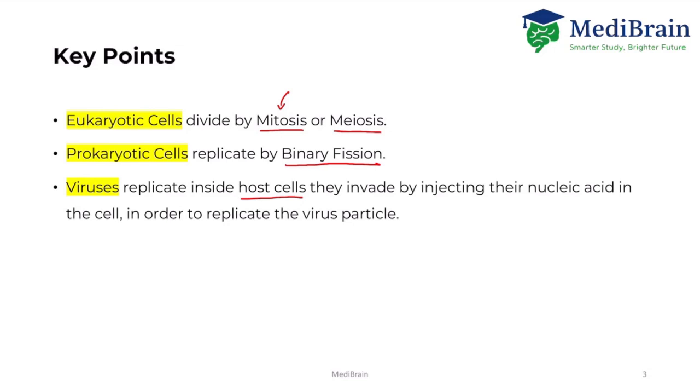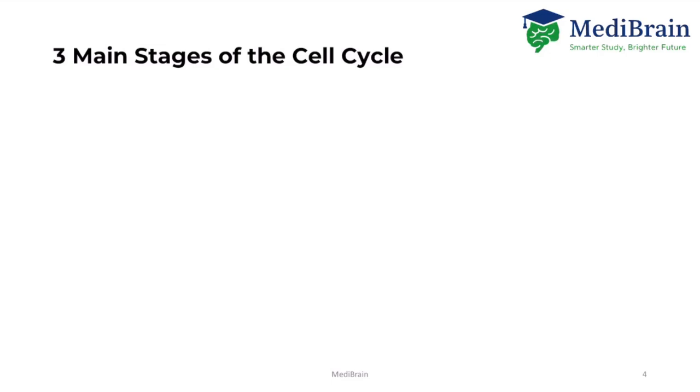So those are the three processes that we have. We have eukaryotic cells, with mitosis or meiosis; prokaryotic cells, with binary fission; and viruses, which enter cells via a receptor. They replicate by injecting their nucleic acid, and then they have too many virus particles within a cell, which causes the cell to basically explode, releasing all those virus particles, and that's what makes you feel ill. Okay? So if we move on to looking at the cell cycle,